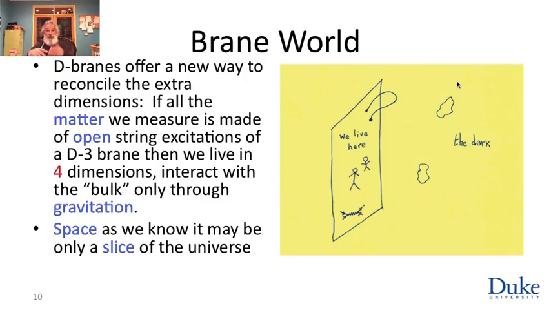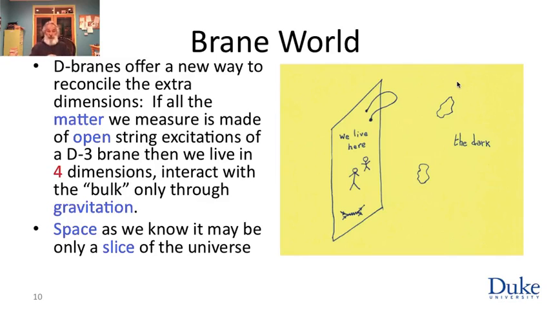You can invent theories where the excitations of the brane look very much like our universe, all kinds of gauge theories and the kind of quantum field theories that describe our nature as we know it, would arise if you didn't look too closely, if you didn't have a resolution of 10 to the minus 33 centimeters on one of these branes. And then, of course, we can't leave in the other directions, not because they're small and we essentially occupy all of them, but because the stuff we are made of is confined to the world volume of a brane. So our space might just be a slice in a universe of higher dimensions.